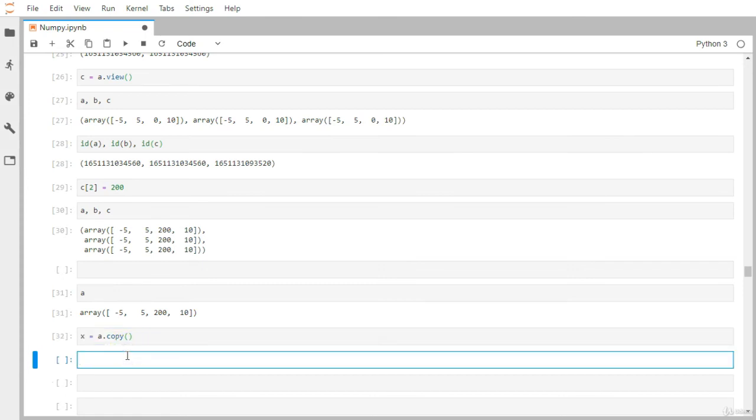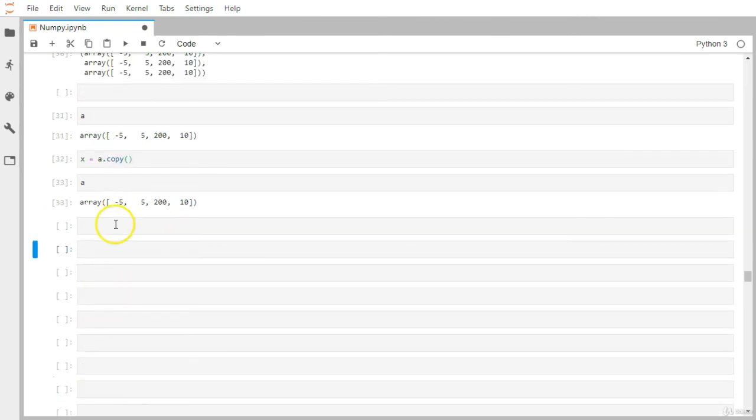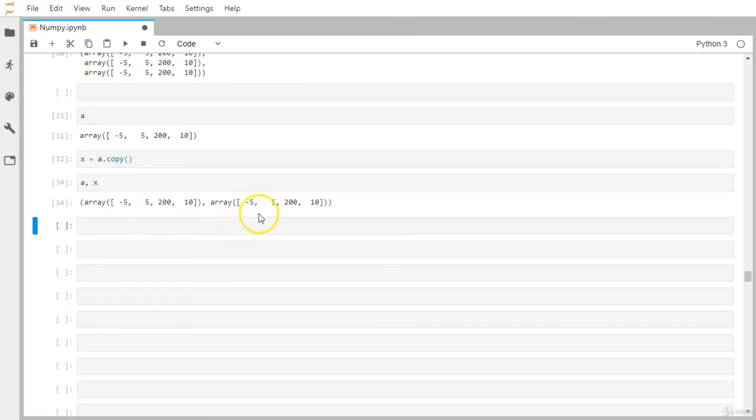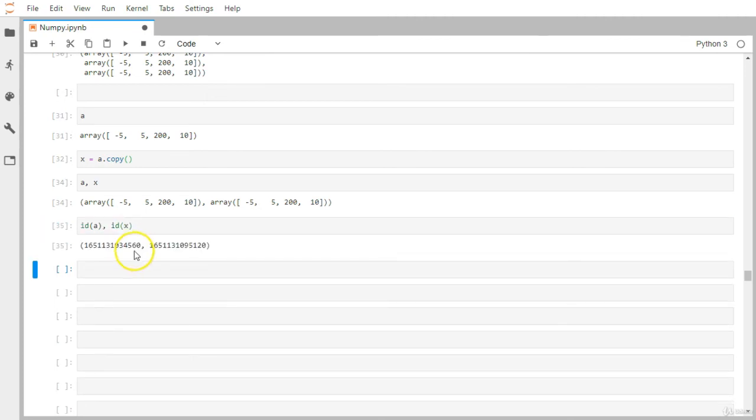Let's just display A first. So no modification in A. Along with that, let's just display X also. So both of them have the same data. If we try to get the address of X, first let me get A and then X. So the addresses of both of them are completely different, you can see.